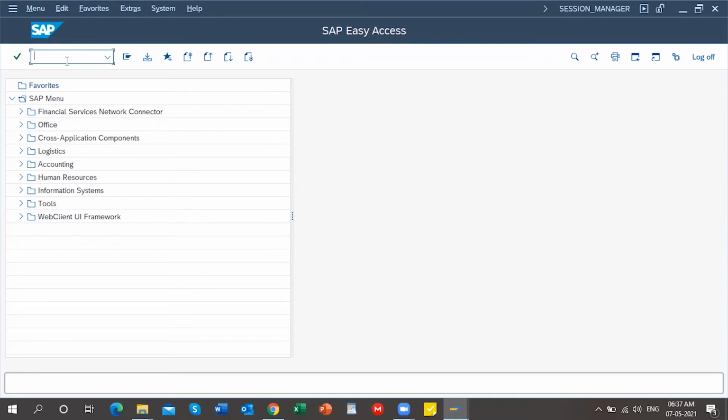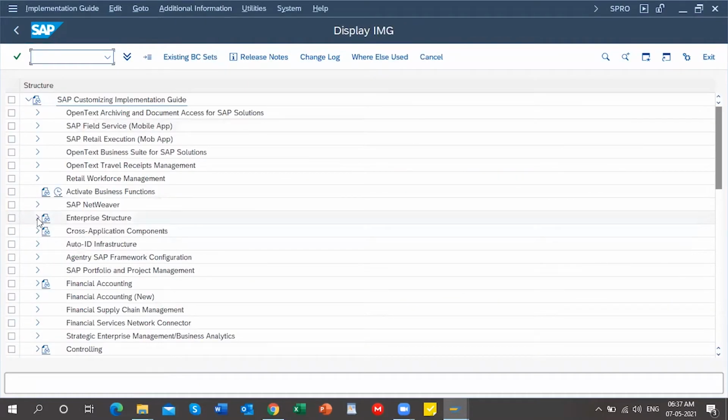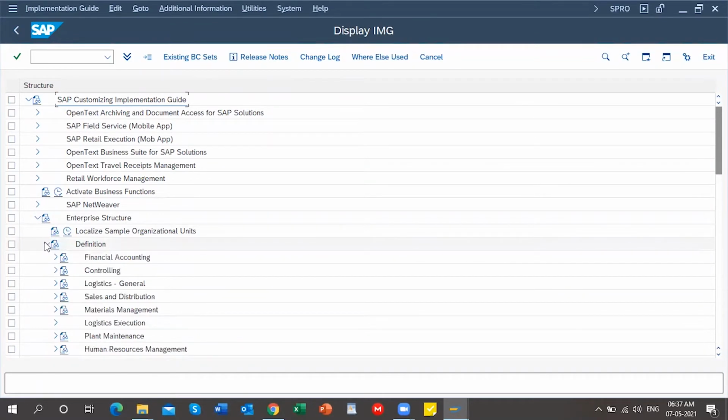Just go to SPRO, SAP Reference IMG, then go to Enterprise Structure, then Definition, and go to Materials Management.